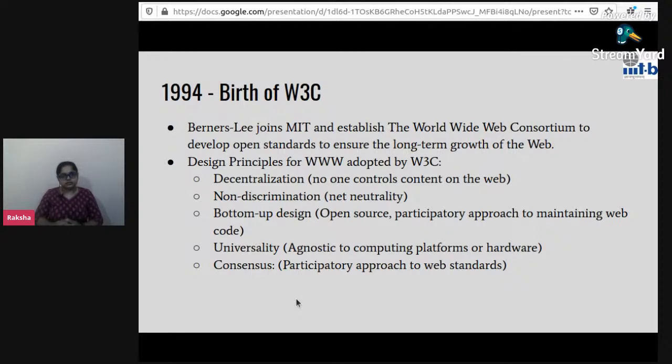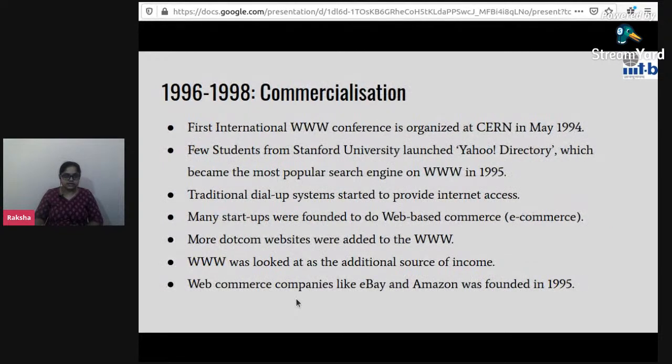Anybody can actually register to the World Wide Web Consortium and provide their opinion on what should be the standard for the web. So that is how the World Wide Web Consortium started. By then, a lot of companies and a lot of universities started using the World Wide Web, and by 1996, a few students at Stanford University launched a browser called Yahoo, and that was the first search engine